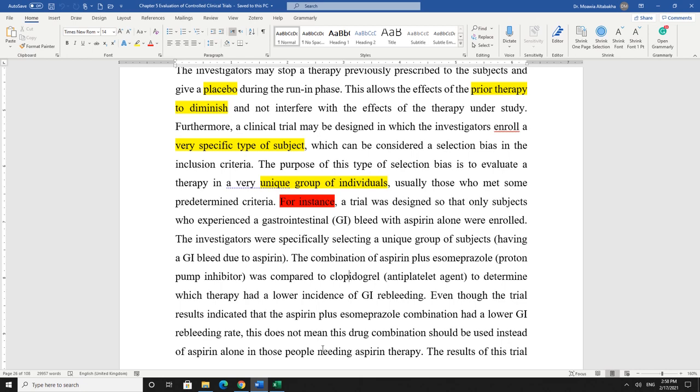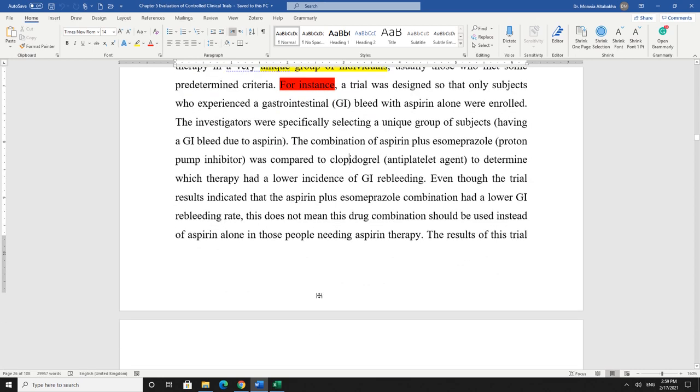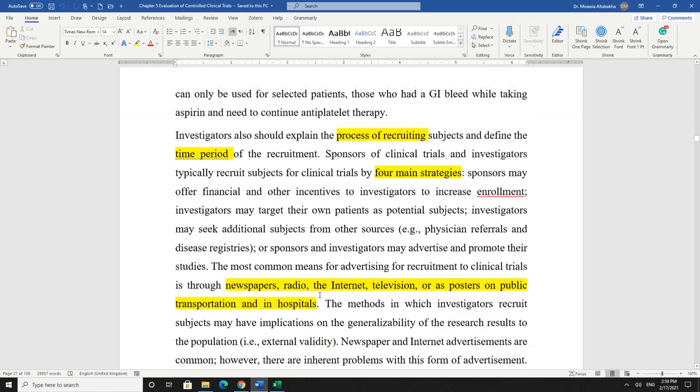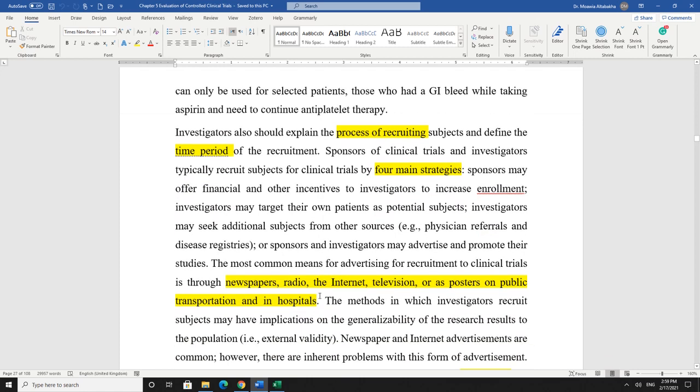So the run-in phase here, where they are waiting to see whether there will be bleeding or not, is not considered as bias clearly, because their aim in the beginning is to recruit subjects that after taking aspirin will be bleeding and then involve them in the trial. So you have to be aware of the possibility of selection bias, especially when there is a run-in phase or lead-in phase. Now, how